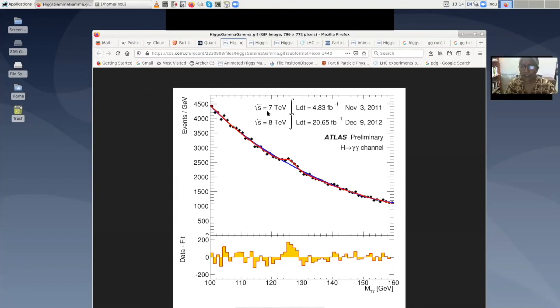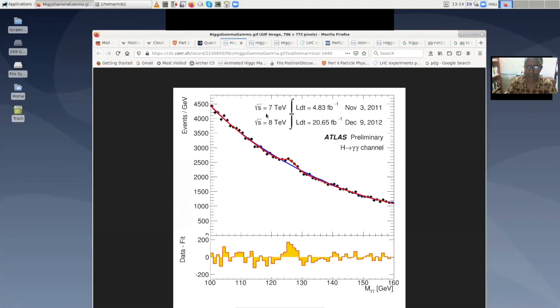Root s: let us say the proton is coming in with some energy E, momentum P in the plus Z direction, and the other proton is coming with equal energy and opposite momentum. Then we know that S is P1 plus P2 whole squared, which is simply E1 plus E2 whole squared. So root S is just E1 plus E2. And since E1 and E2 are the same, this is actually root S by 2. So E is equal to root S by 2. So that is a 3.5 TeV proton hits a 3.5 TeV proton, producing center of mass energy root S of 7 TeV.